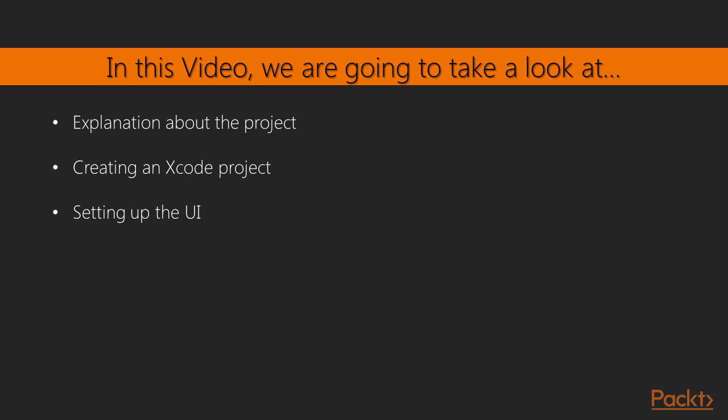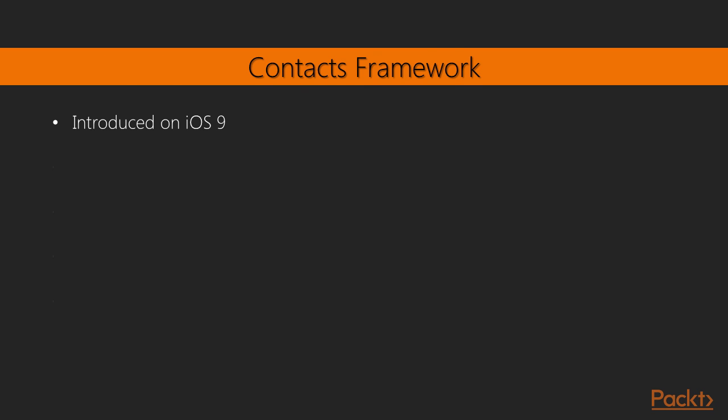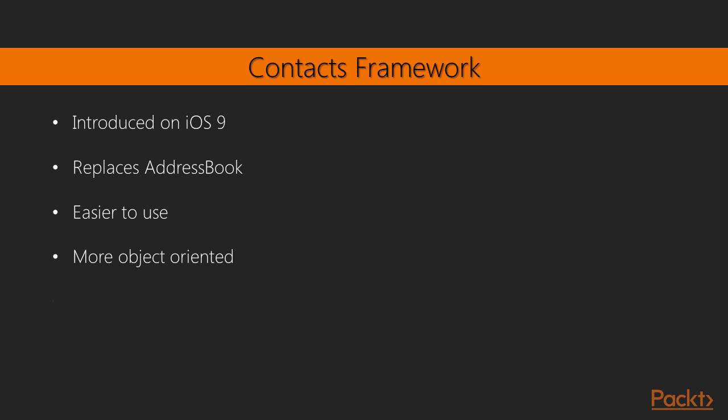In this video, we're going to take a look at the idea of the section's project, and we'll prepare Xcode for developing the app through this section. Contacts framework was introduced on iOS 9. Before that, we had to use another framework called AddressBook. AddressBook was made for being compatible with C, and it was not object-oriented. AddressBook was hard to work with. For these and more reasons, Apple decided to create a new framework called Contacts. Contacts is easier, more object-oriented, and it also comes with another framework called Contacts UI, which gives us some pre-cooked